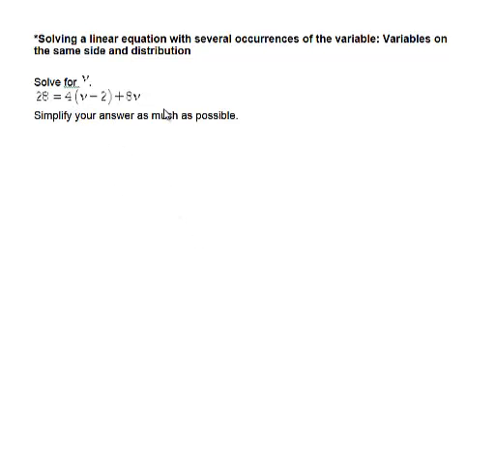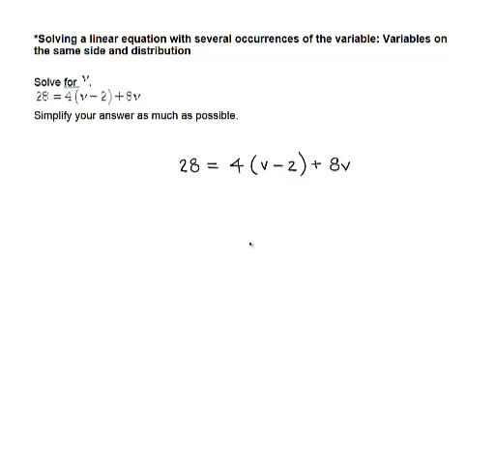Okay, so let's see. The first thing we want to do is rewrite our equation here. We have 28 equals 4 times the quantity v minus 2, plus 8v. The left side looks pretty straightforward, we just have a 28 over here, but the right side looks like we need to do a little bit